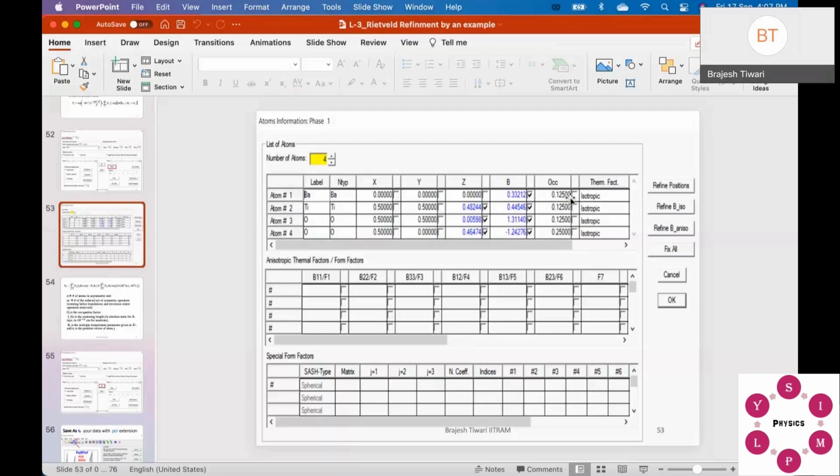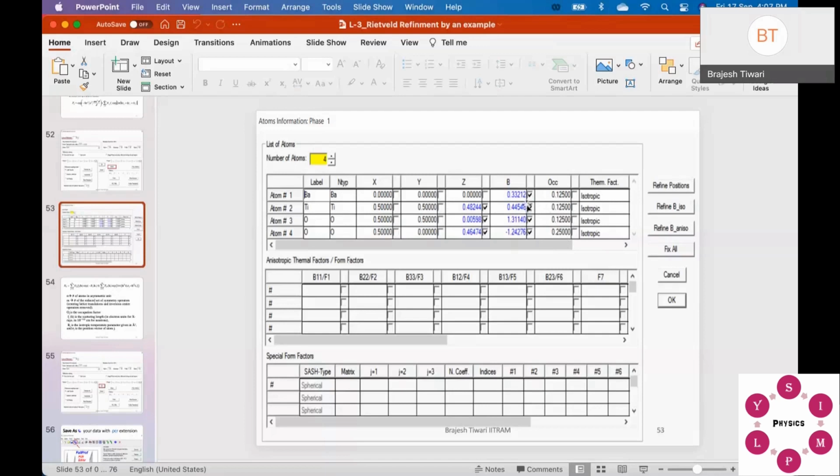So barium titanate is contributing 0.125. So these together will go 0.25. Okay. And so these are the edge atoms, and all together they will be this, and this is going to be 2 times. These are going to be 1 times. So accordingly, the total number of atoms you can count in your compound, and which site you are putting, that you can feed in.